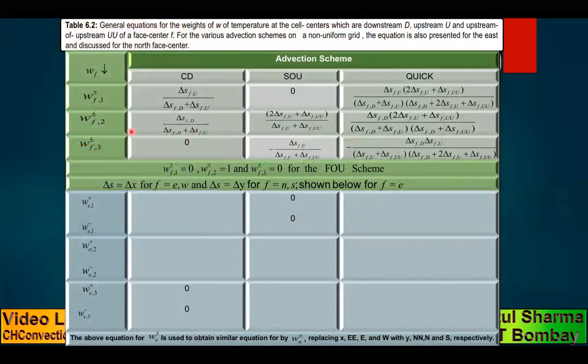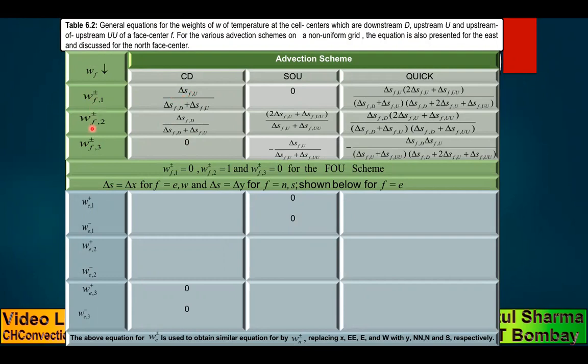So this is the expression for the weights. This W1 corresponds to the weight of the downstream neighbor, W2 corresponds to the weight of the upstream neighbor, and W3 is the weight of the upstream of upstream neighbor. This is shown as plus and minus, where when you substitute appropriate downstream, upstream, and upstream of upstream, you can get the appropriate weights. For plus, the capital U, capital D, capital UU will be different, and for minus they will be different. Now, as far as the faces are concerned, right now I'm showing you a general expression, delta S.